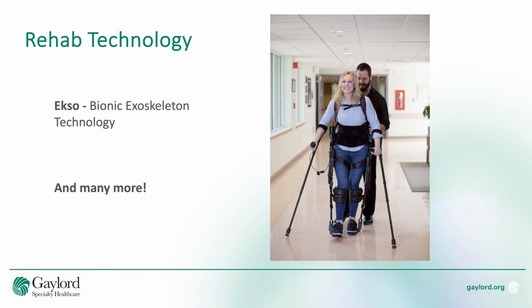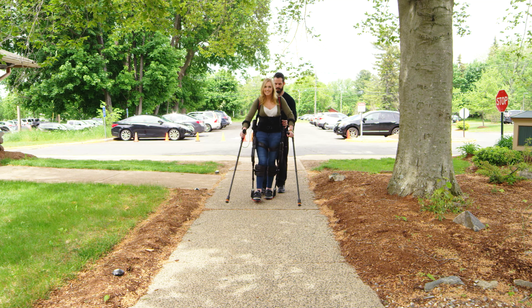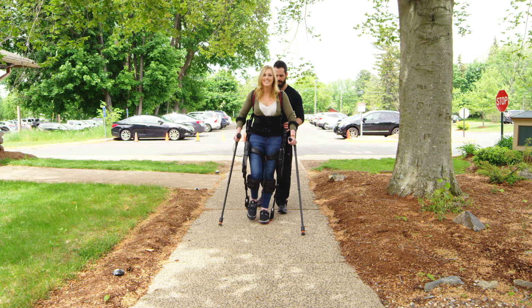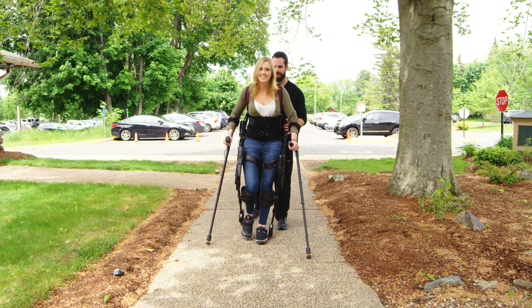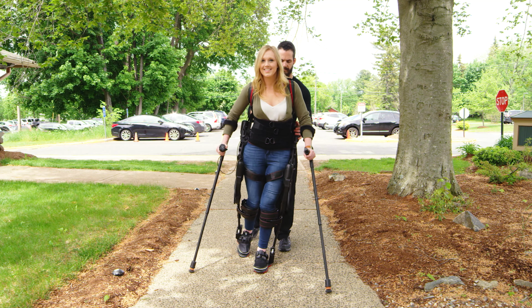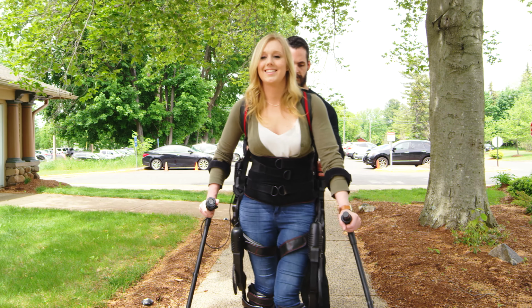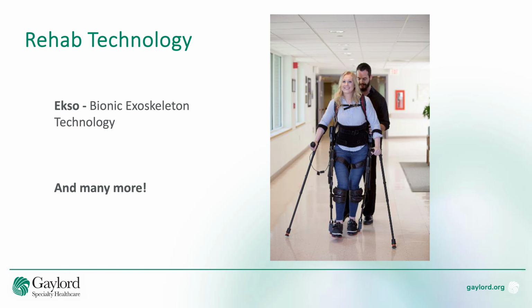I believe I spoke a little bit earlier on the Ekso device. Ekso is once again a robot that is worn on the outside of the body. It is designed to help individuals stand and walk after a stroke. It can be beneficial for working on standing tolerance, standing endurance, and helping an individual with equal weight bearing. It can be helpful from a strength perspective, through guided facilitation in the device, in having that individual take steps. It can also be a helpful tool if we're working on weight shifting, which is an important